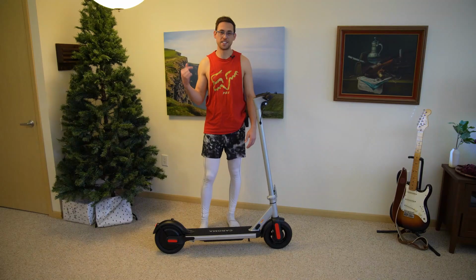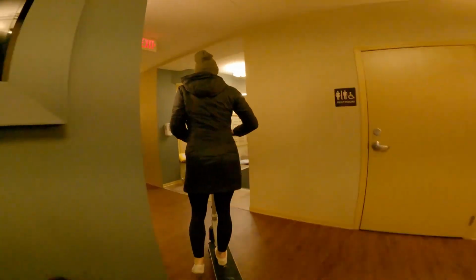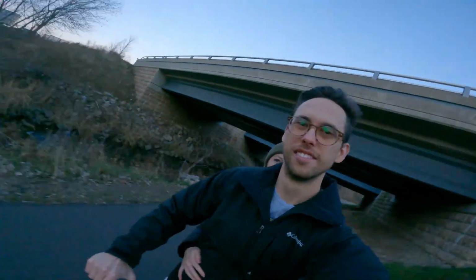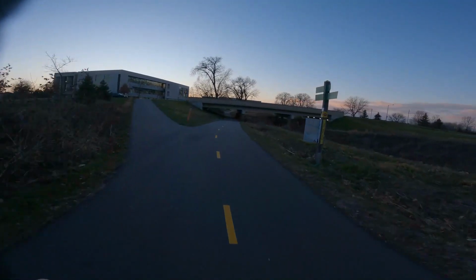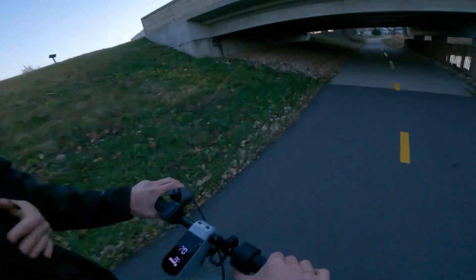So it's warming up outside a little bit. Let's take it outside and let's see how this thing performs. About to try it with 2 people on it. It's wet and icy right here. Full speed. How fast we can go with 2 people down this little hill. I filmed this without